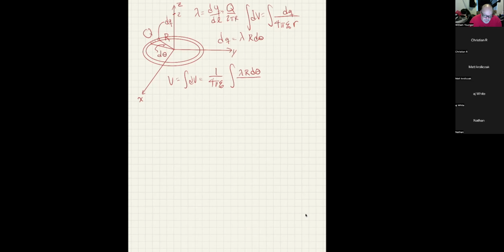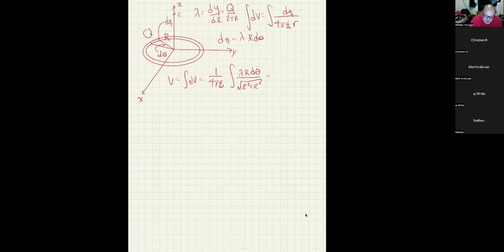Okay, so that distance, as you can tell, is actually the square root of z squared plus r squared. Now the good thing is, in reality, we're only integrating with respect to theta, so everything's a constant essentially,